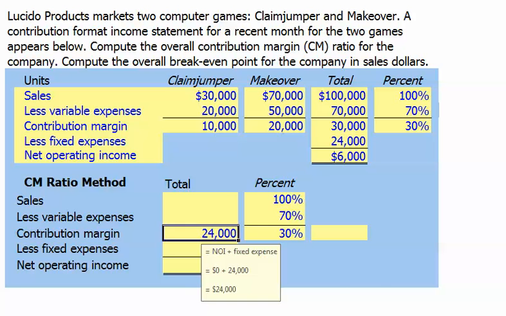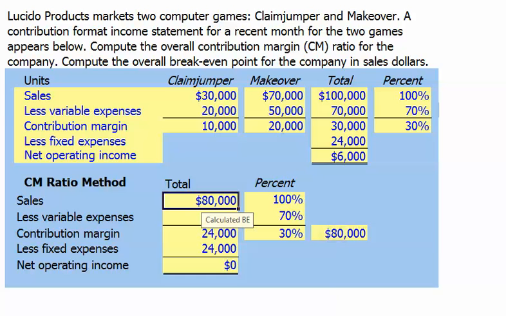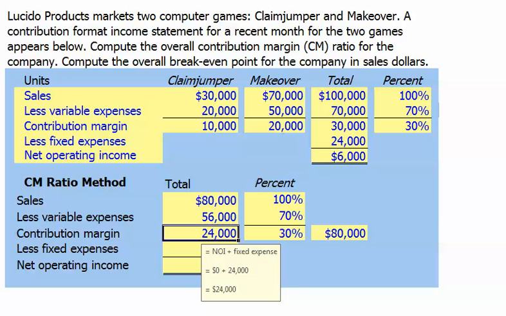Our break-even point in sales then is simply our total contribution margin of $24,000 divided by our 30% contribution margin ratio. Our total sales for break-even are $80,000, and we can confirm this by calculating our total variable expenses, which will be $56,000, which is the $80,000 in sales times our 70% variable expense ratio. When we subtract our $56,000 in variable expenses from $80,000 in sales, we indeed get the contribution margin of $24,000 that we calculated when we did our initial break-even